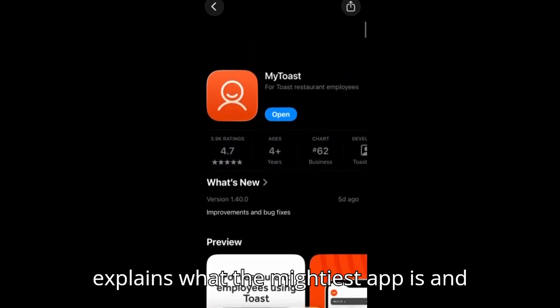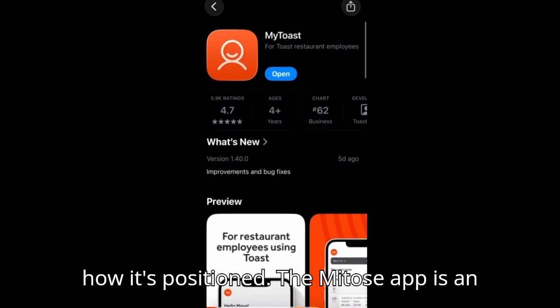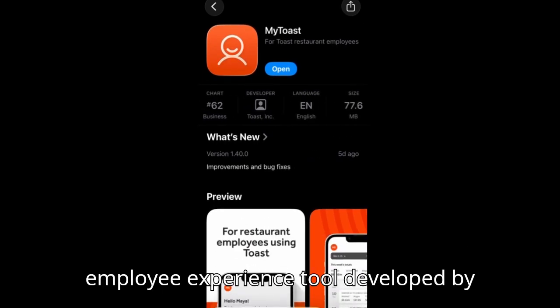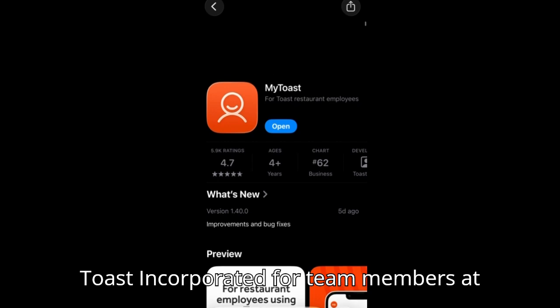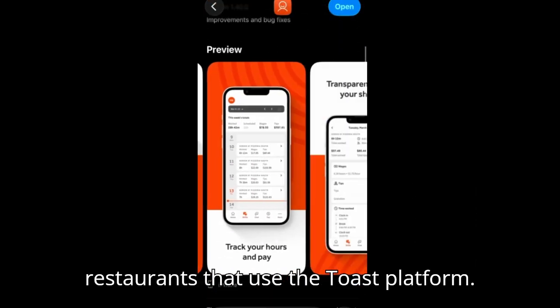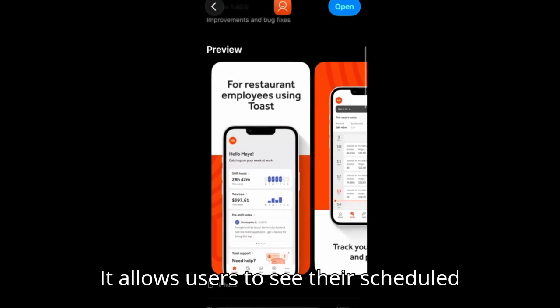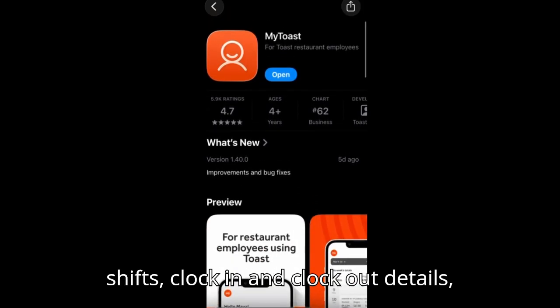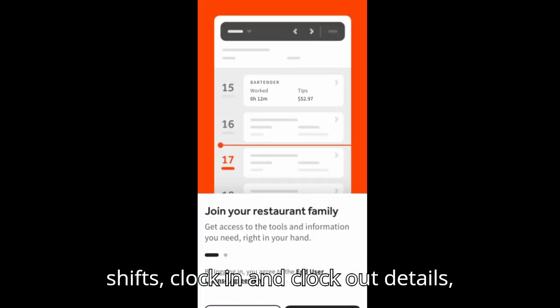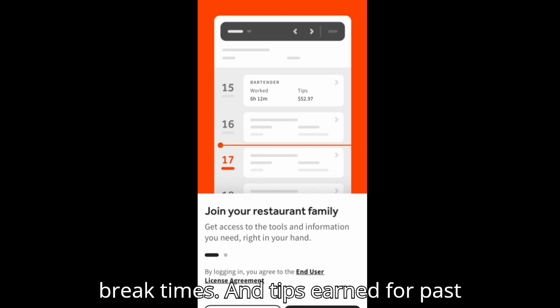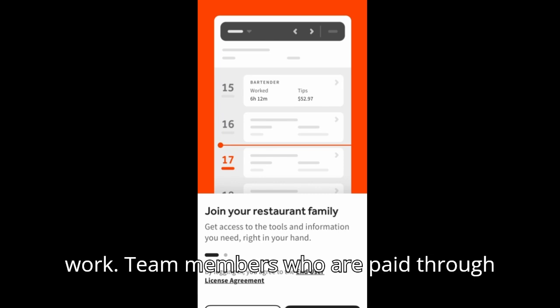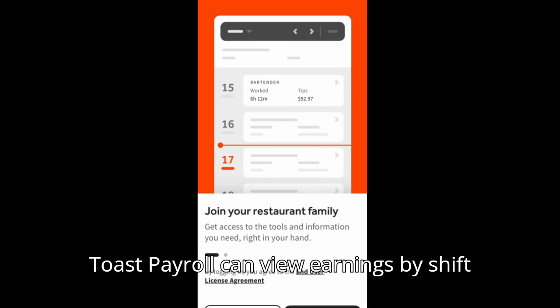This video explains what the MyToast app is and how it's positioned. The MyToast app is an employee experience tool developed by Toast Incorporated for team members at restaurants that use the Toast platform. It allows users to see their scheduled shifts, clock in and clock out details, break times, and tips earned for past work. Team members who are paid through Toast Payroll can view earnings by shift and pay period